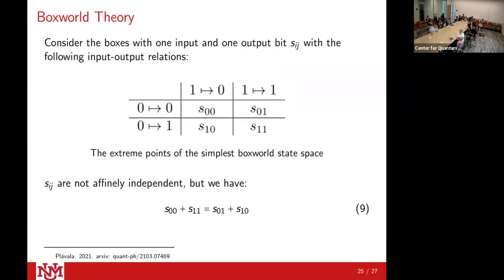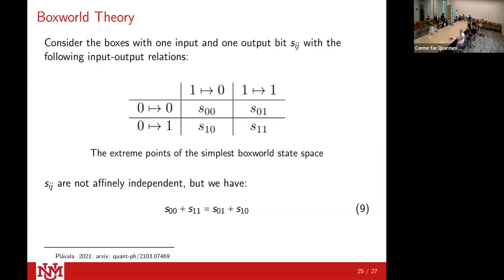One sort of novel implementation. There's also quantum theory here, obviously. We wouldn't learn a lot because we already know quantum theory. Well, yeah, you can recover the same tensor products, right? So you can imagine box world theory is just some boxes that take inputs and give outputs. There's this input-output table for the simplest one: you send in a bit, you get out a bit. There are four boxes that can exist in this world.